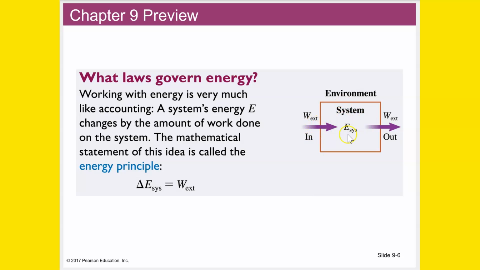So this diagram is showing that. This box represents the system. Everything inside the box is the system. Everything outside that box is the environment, or anything outside of the system. So this arrow represents work done on the system by the environment, and that increases the energy inside the system. This arrow here represents the system doing work on the environment, and that's energy going out of the system. It decreases the energy in the system.